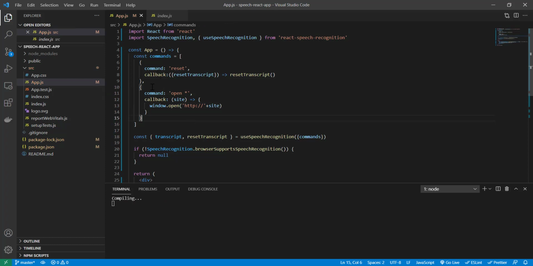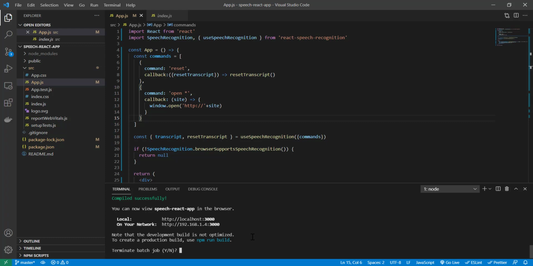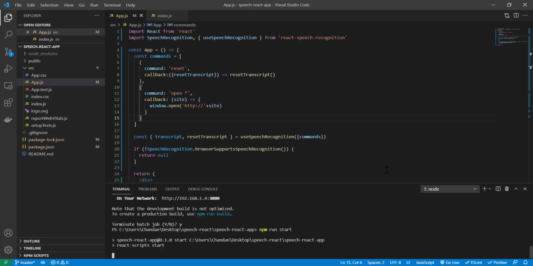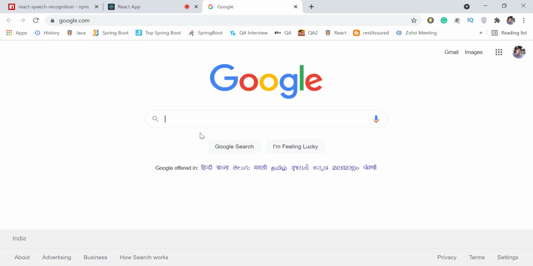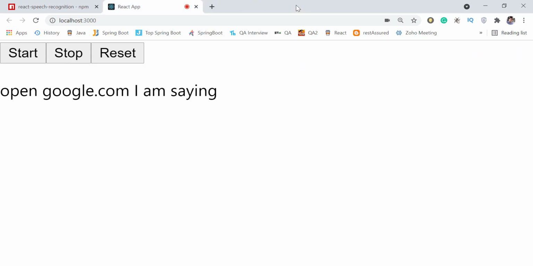Save it. Since we have added another command, it is better to close it and run it again. Hello, welcome to Study Automation. Clear, reset, open google.com. Yes, you can see whenever I say open google.com, now google.com is open.